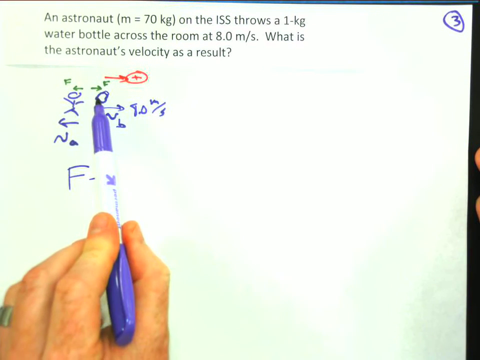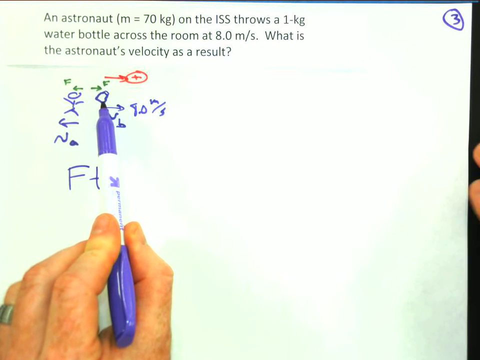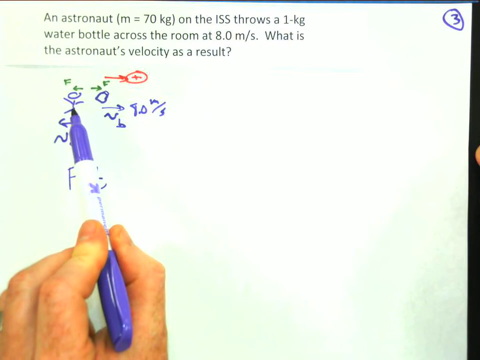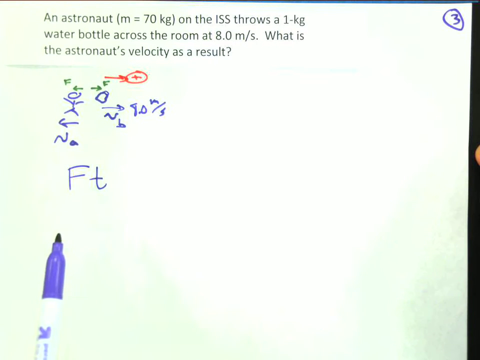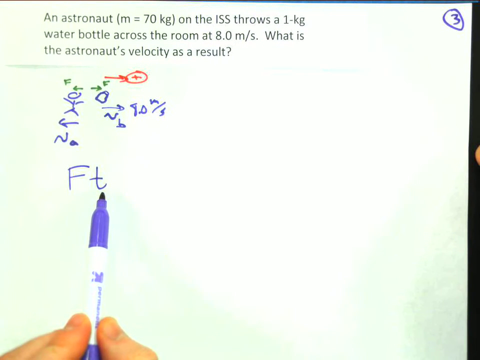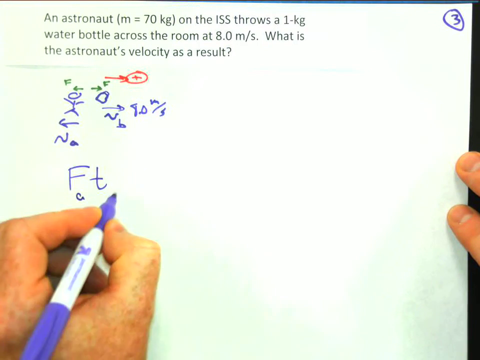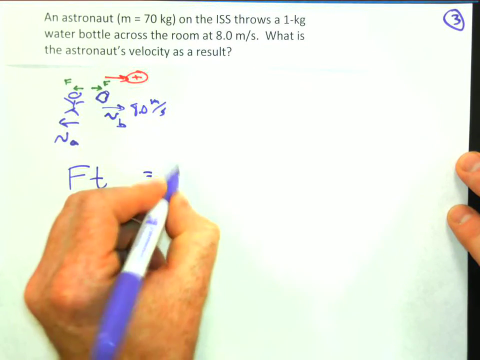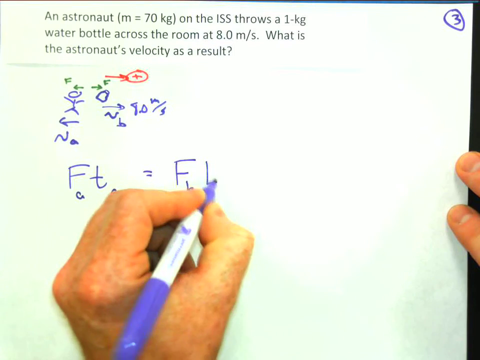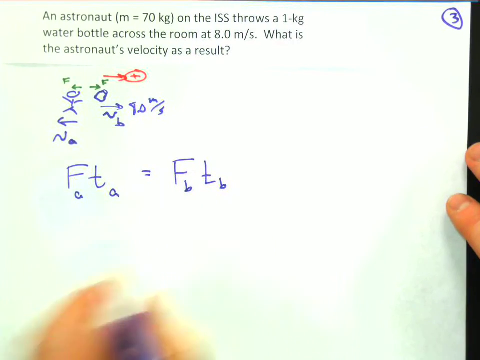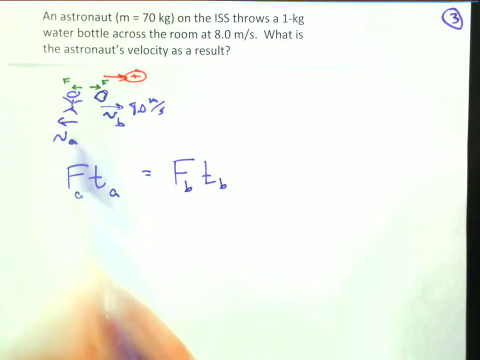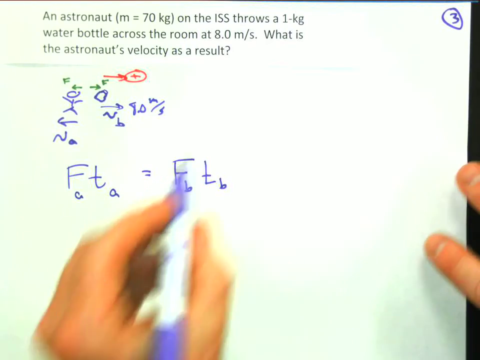The amount of time that the astronaut exerts a force on the water bottle is the same as the amount of time the bottle exerts a force on the astronaut. So force is the same for each one, and time is the same for each one. So we could say the force on the astronaut times the time on the astronaut is equal to the force on the bottle times the time on the bottle. So the impulse applied to one will be equal to the impulse applied to the other, because